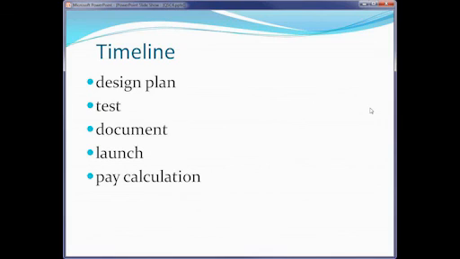The fourth issue, the fourth element or step in the timeline is to go through the launch. And at the launch period, what you're going to do is communicate the plan, help people understand what the plan is, discuss what the elements of the plan are, giving everybody a clear direction of how the plan is going to work for them and what kinds of things they should or should not do if they want to affect their earnings, and certainly give them a view to the potential upside.